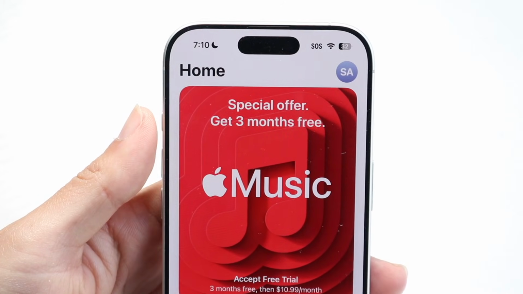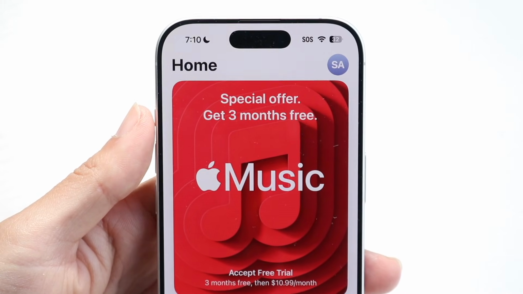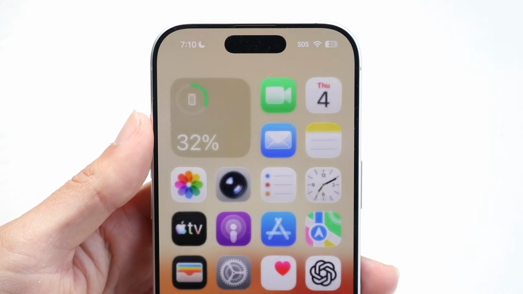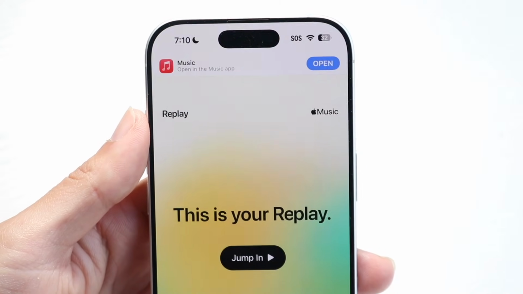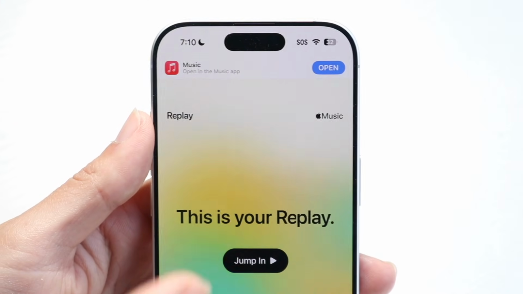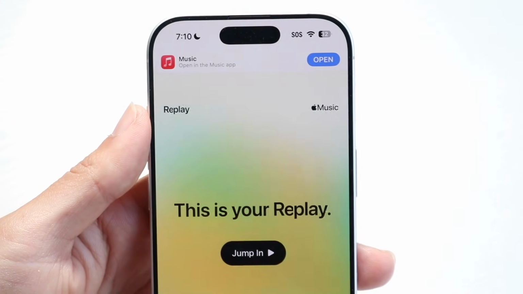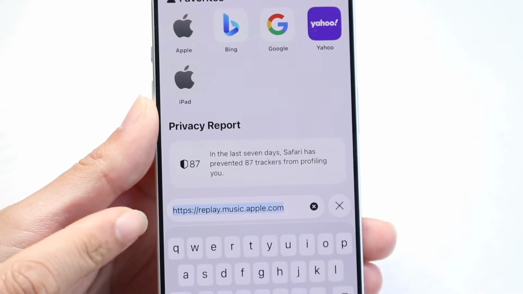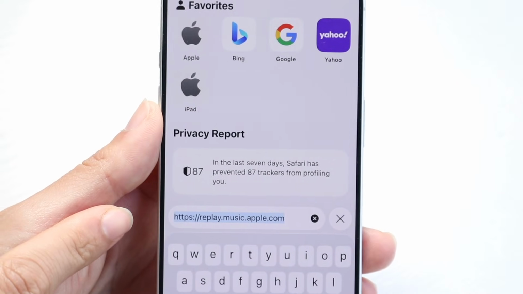So go through, make sure you do have an Apple Music account, and make sure you're logged in with that appropriate account. If you're trying to go into the Apple Music app and it's not showing up there, you can always make your way over into your Safari browser, internet browser, whatever you have, and you can always go to the website portion,